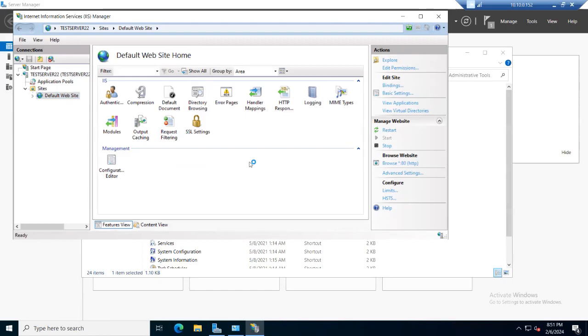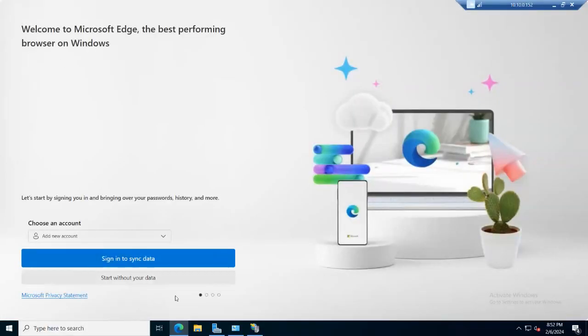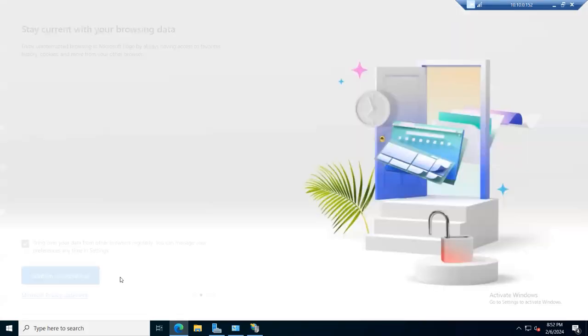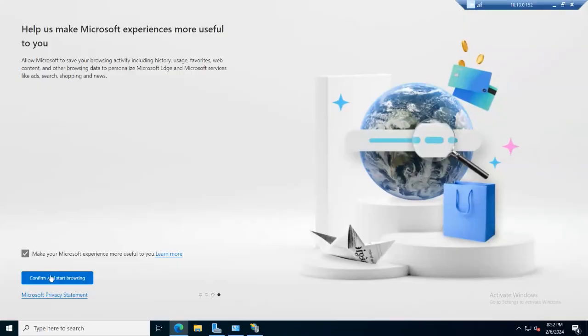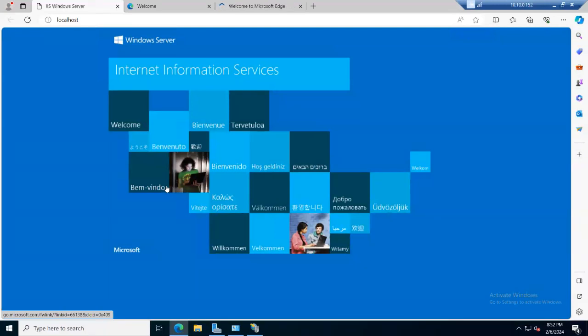The default IIS page will appear over here. We will wait for a while, and we also verify directly from the browser, and here we go with the localhost option. Let me complete these initial options, confirm, and continue without this data. And here you can see the localhost option is available, and if I click over here,